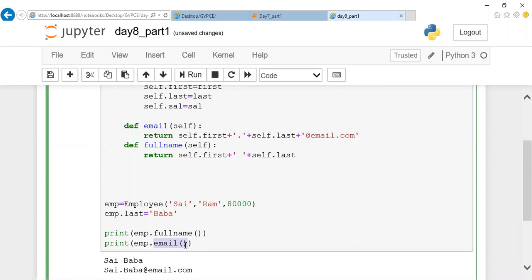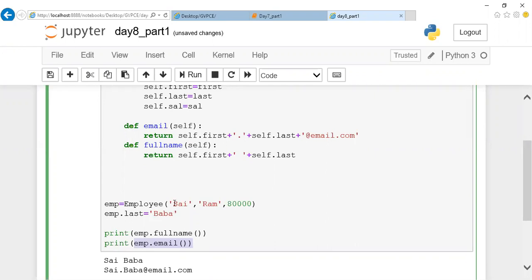Got it? Guys, is it clear? I want to access this email as the email. So the only way, if you want the data to be updated, is to call the email separately. When this object is called, the updated value will be used, the reason being that after the init method, we are updating the last name, and only after that are you going to call your first name and last name.